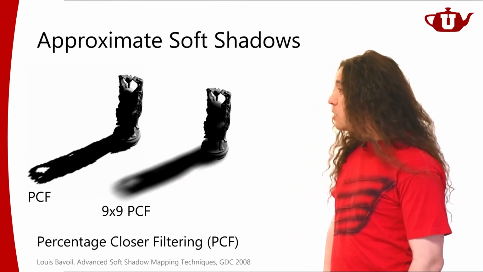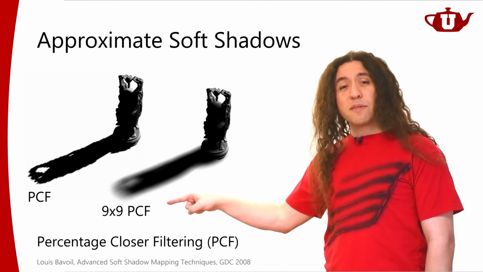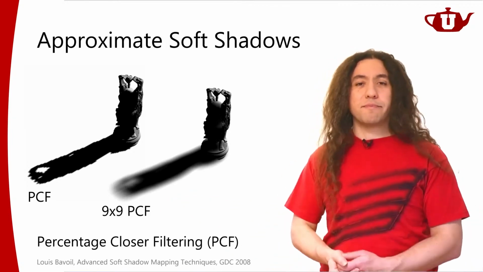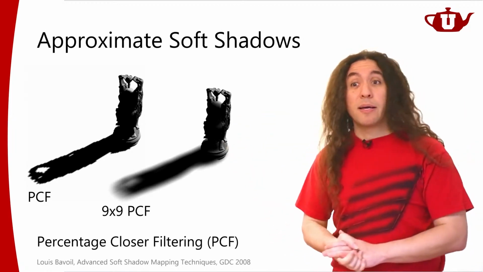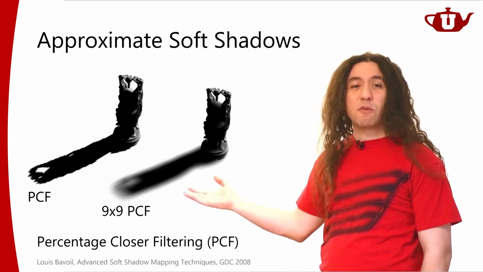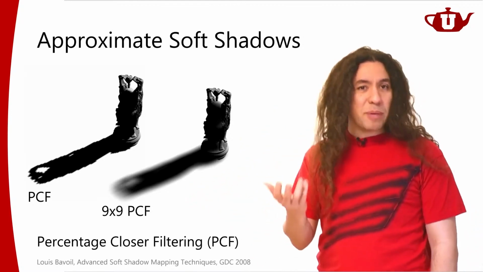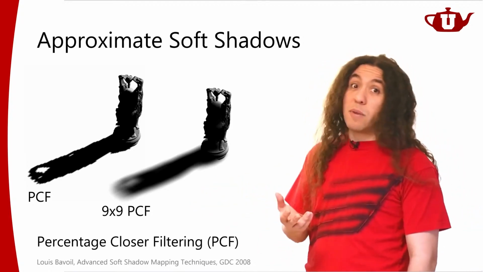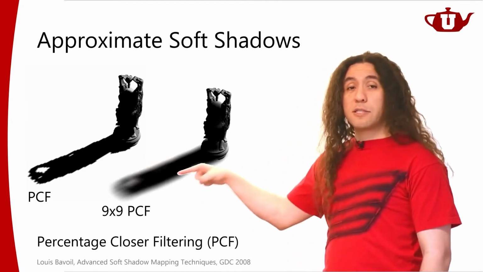So what people typically do is that you don't look at all of the depth values in that 9x9 region. You randomly pick some of them. Let's say I'm going to randomly pick 10 of them in a 9x9 region. That's going to give me some approximation of what this is going to look like. It's going to be a little bit noisy because I'm randomly picking samples, but it's going to be much more efficient to compute.